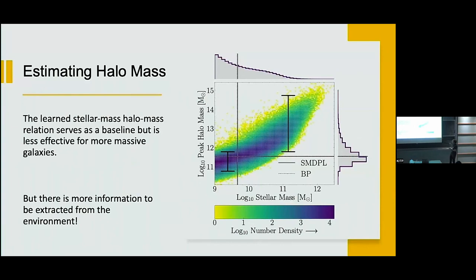So for halo mass, we've seen that there's a strong correlation between stellar mass and halo mass. That gives us a pretty strong predictor of what a galaxy's halo mass is. However, there's scatter in this, and some of it is explainable due to the